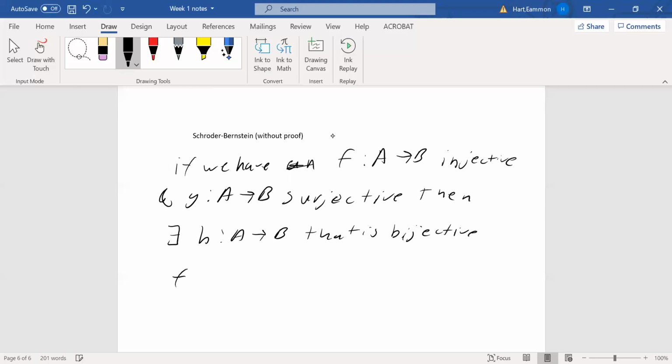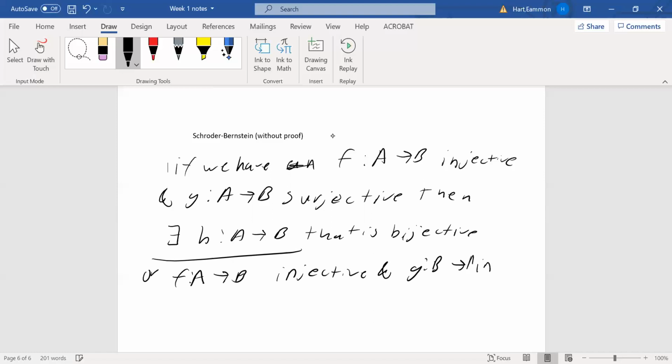Equivalently, if we have f from A to B is injective, and g from B to A is injective,